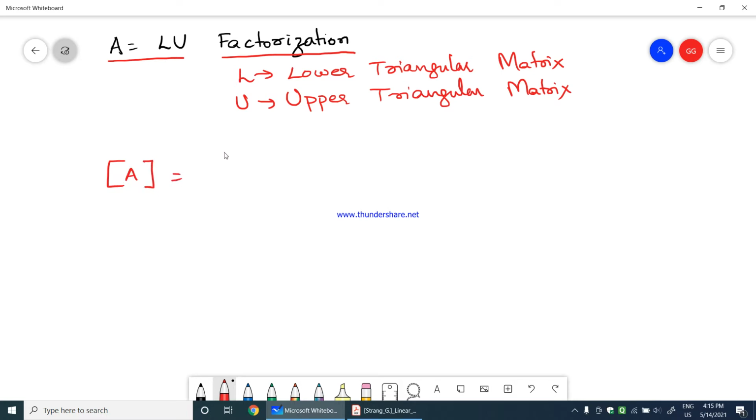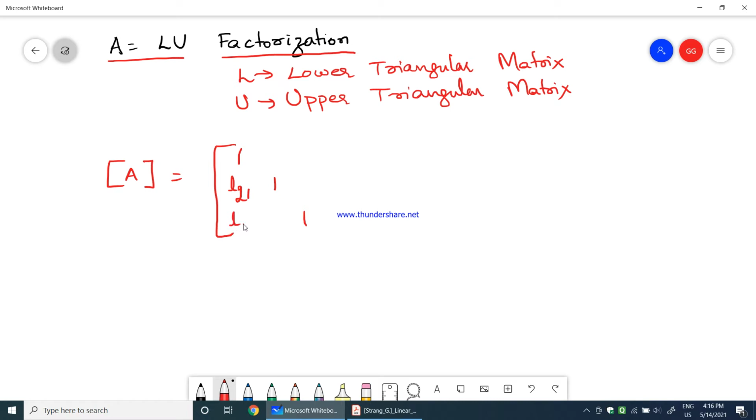which will be factorized into a lower triangular matrix where each diagonal element should always be equal to 1. Okay, so this is a rule. When I am doing LU factorization of any given matrix, the lower triangular matrix will have its diagonal elements all equal to 1, whereas the other elements in the lower triangular matrix should be found. So this is L21, because this is the second row and first column.